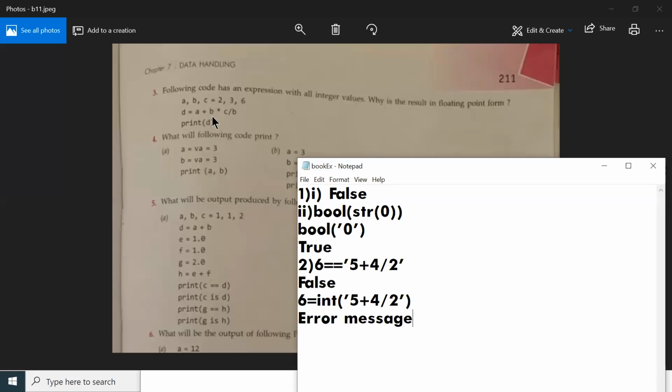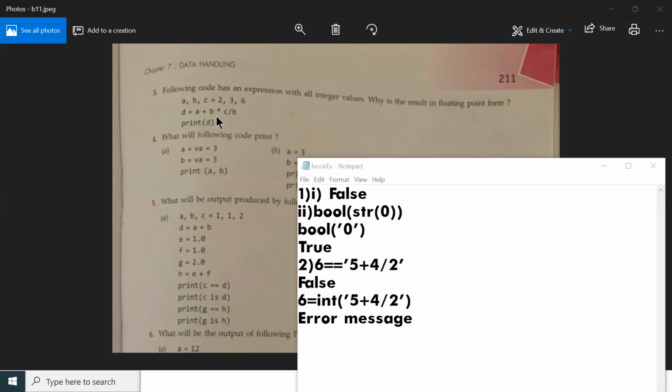Here I'm having multiple arithmetic operators: plus, asterisk and slash. Among these three operators, which will be executed first? It is b star c. It will be evaluated first.